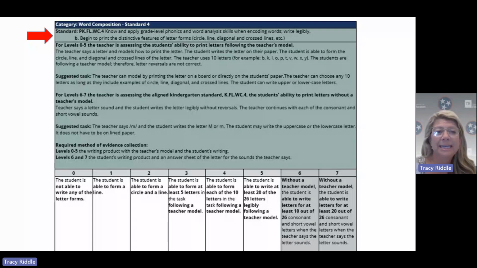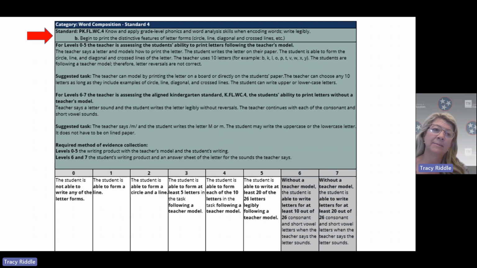The portfolio rubric guidance for standard PK FLWC 4. This standard assesses the student's ability to know and apply grade level phonics and word analysis skills when encoding words, and also to be able to write legibly. We are going to focus on B, beginning to print the distinctive features of letter forms, which include circles, lines,